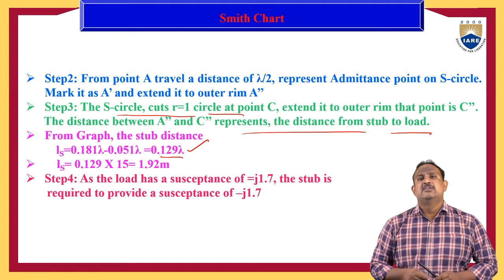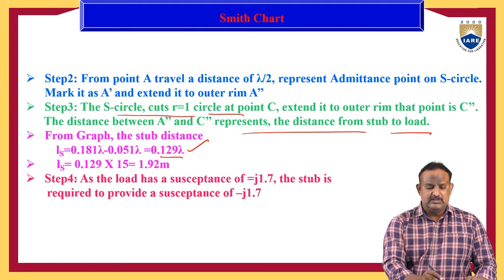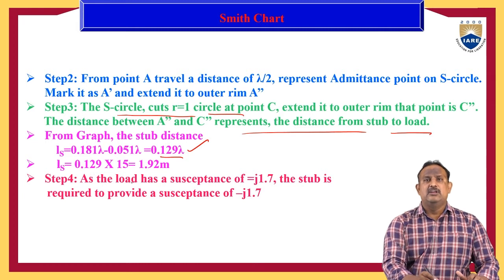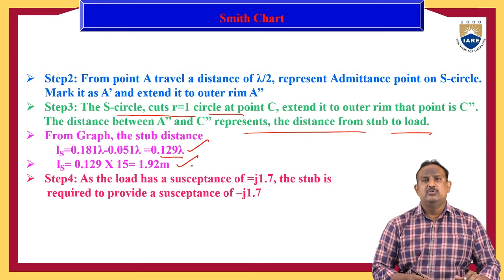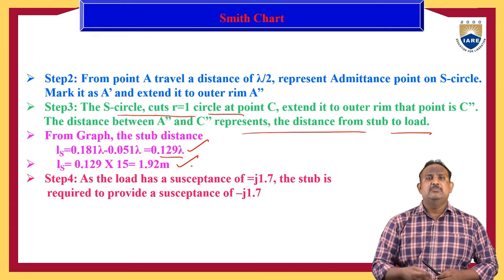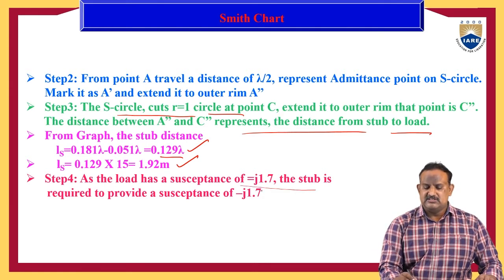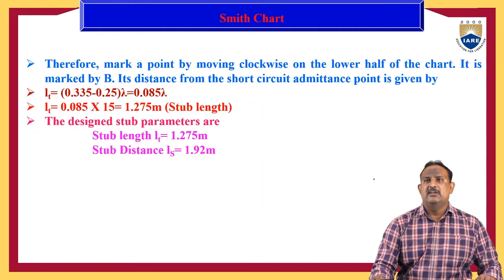But the lambda value is 15 meters. Therefore, the stub distance from the load, LS, equals 0.129 into 15, which is 1.29 meters. Now, as the load has a susceptance of j1.7,